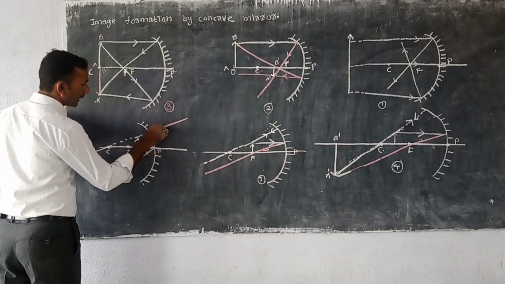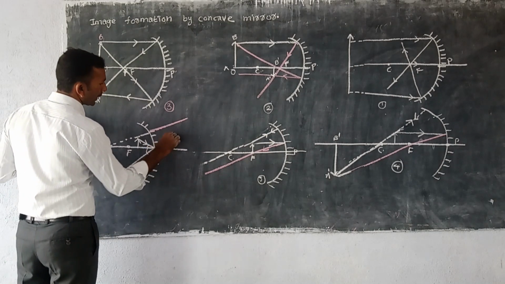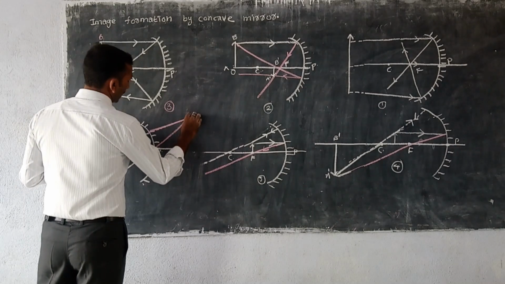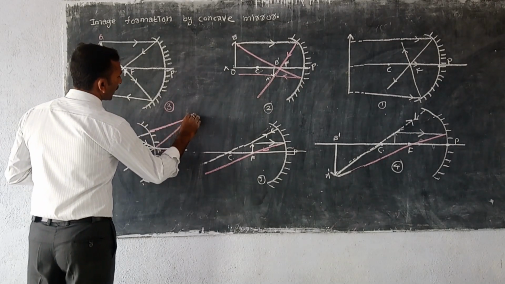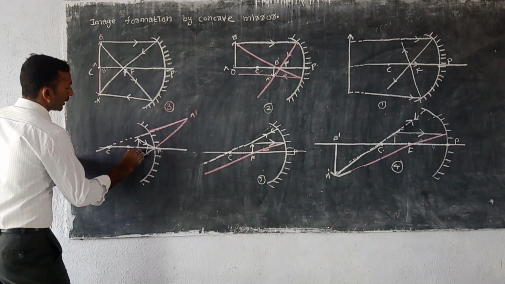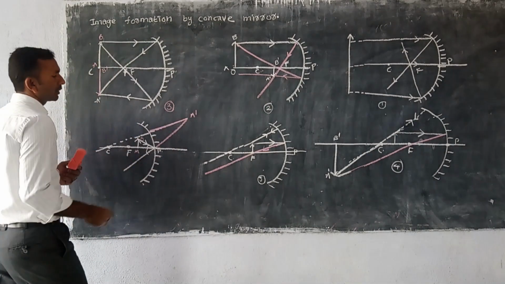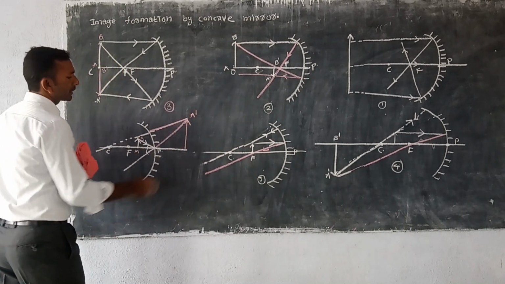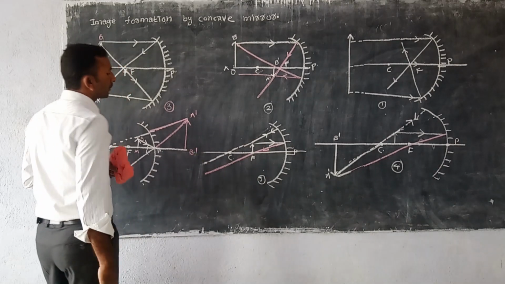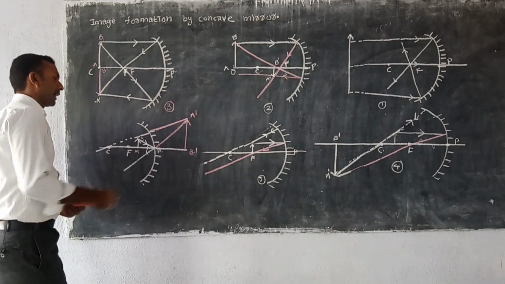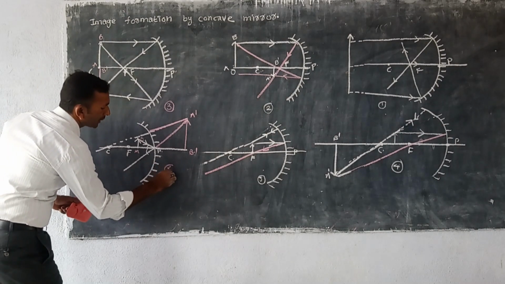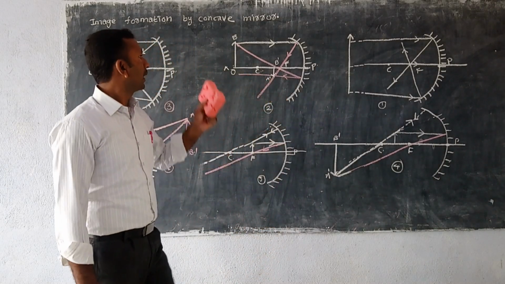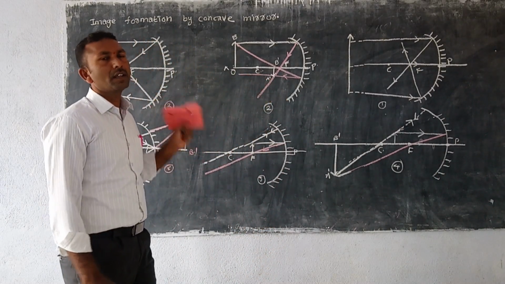We are extending these light rays back, and this one also, and they are meeting at some point I, and they are meeting at some point A dash, and this will be the object position A B. If you draw a normal line from the principal axis to the intersecting point, this will be the image of the object, A dash B dash. And where is the image forming here? It is behind the mirror. Okay, this is the explanation of image formation on a concave mirror.